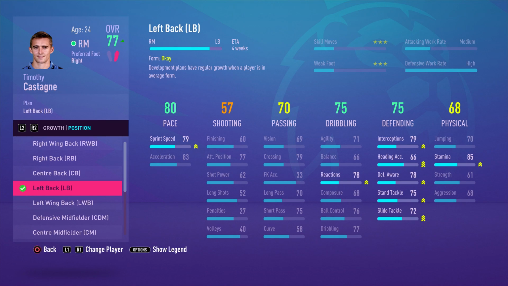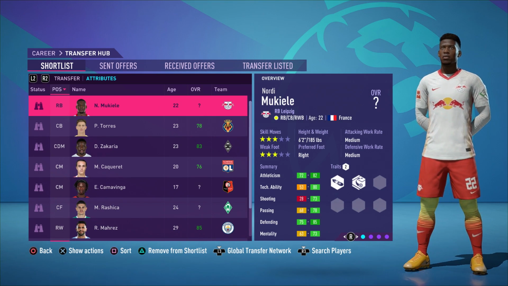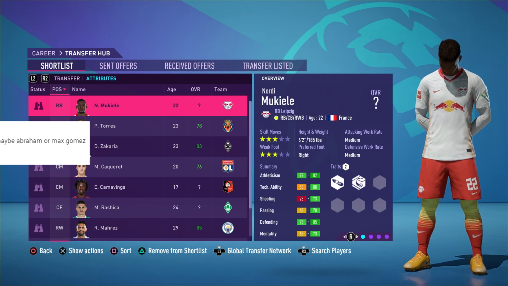And I actually checked some of his defending stats, and he isn't actually too bad. As you can see on the right hand side there, defending is a 75. Decent stand tackle, decent defensive awareness and interceptions, as well as slide tackle. So again, not a bad choice. Let's get him converted. Let's get into the third and final comment for today's episode, which comes from Miko YT,